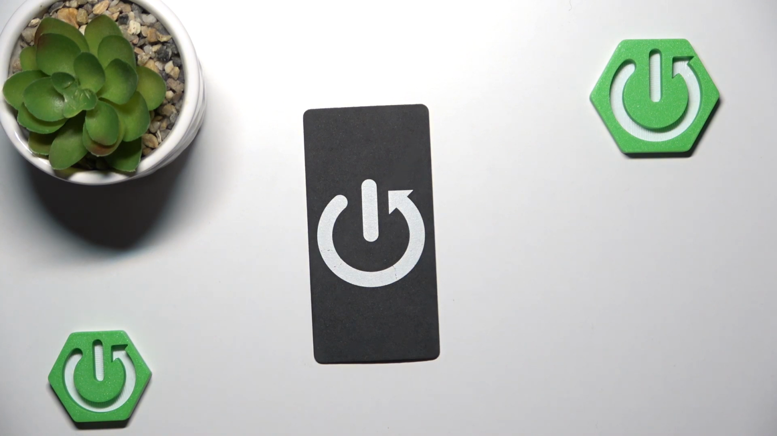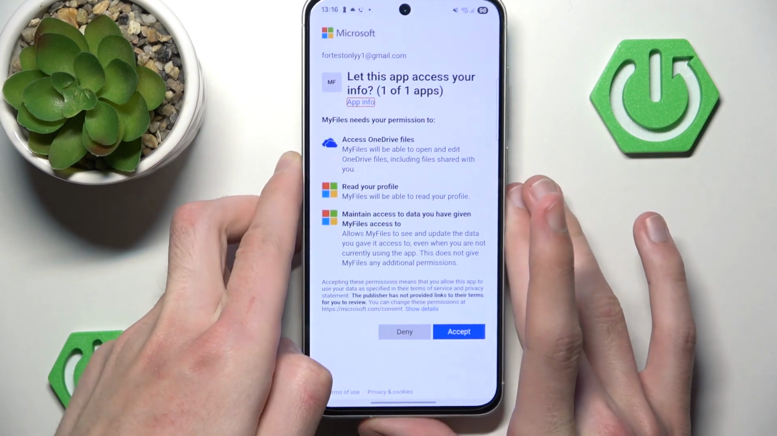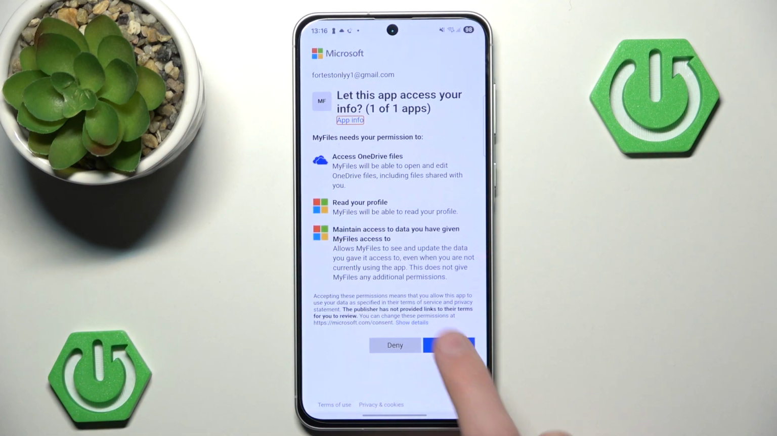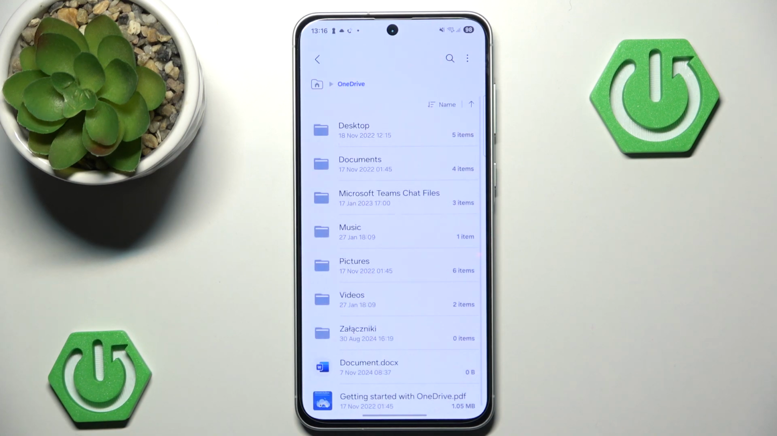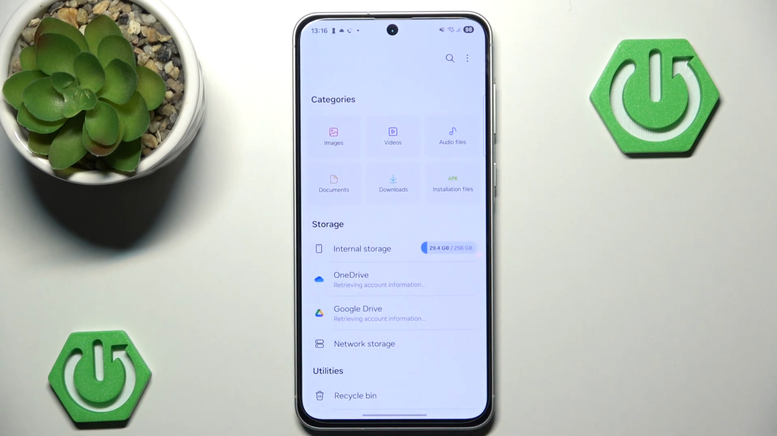Okay, I didn't misspell anything, which is nice. And now we simply hit accept. And as you can see, the OneDrive is already done. And just like that, we also have all our